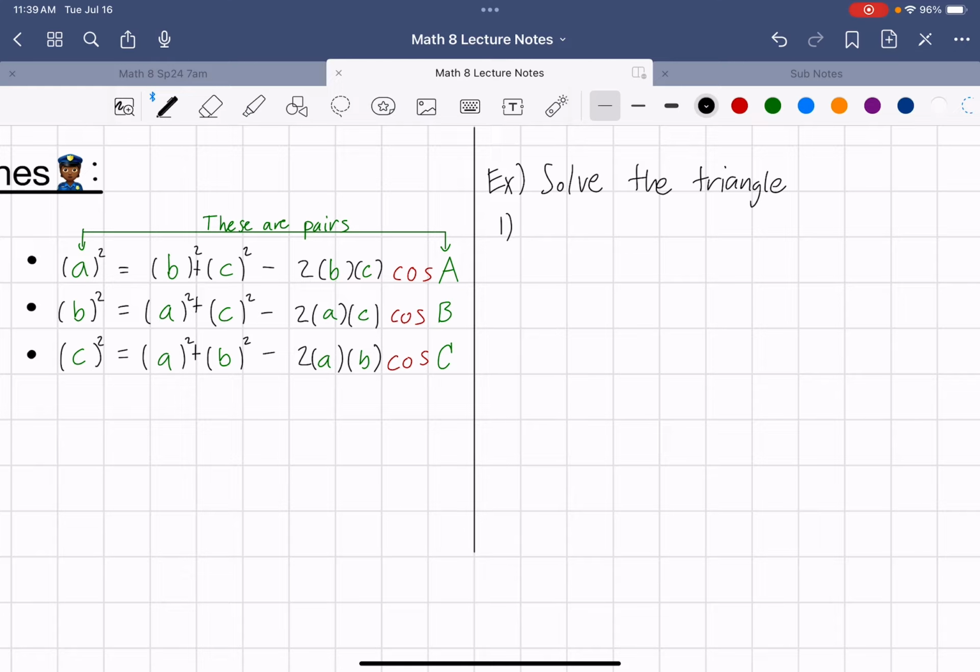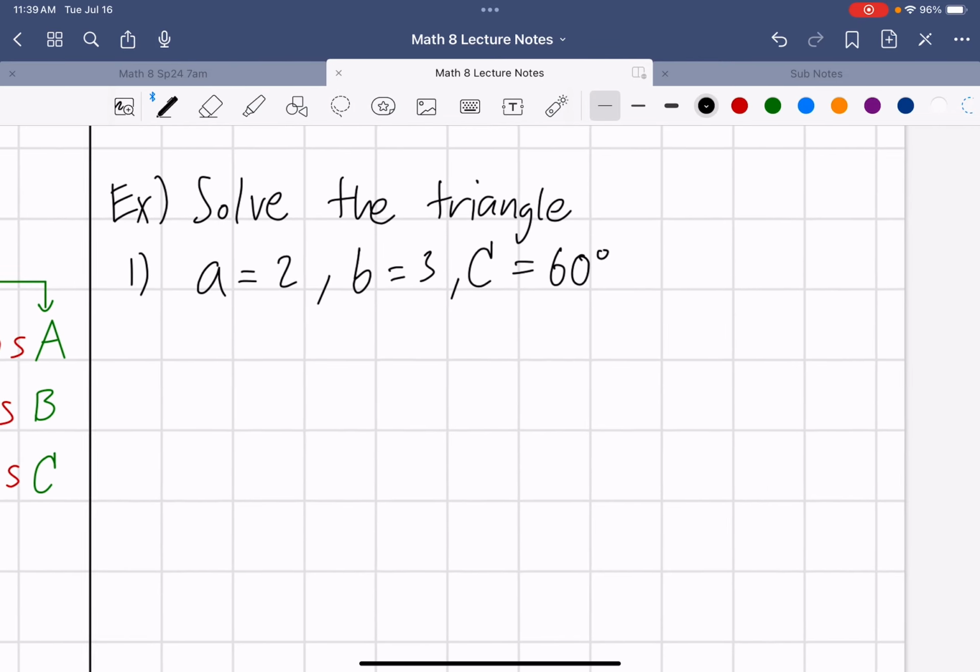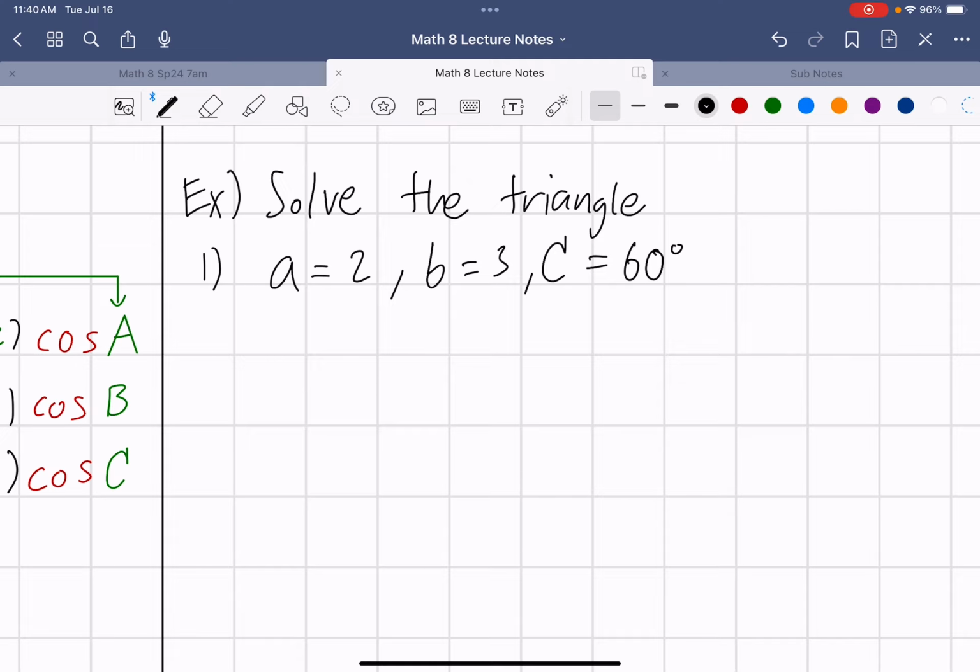So example 1, we have side A is 2, side B is 3. I'm only going to do one example because they pretty much are going to all be similar to these. I will give you practice for you to try, but they're all going to be just like this. You're just plugging into a formula. So we have,